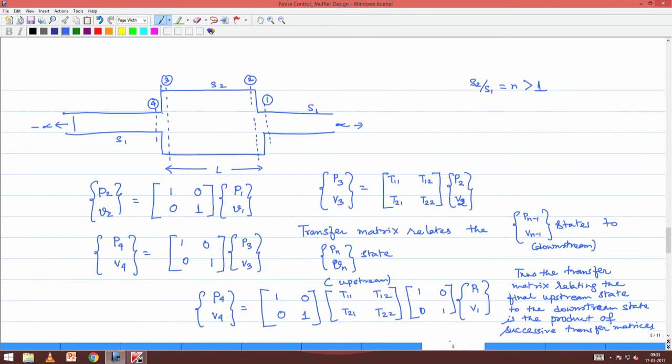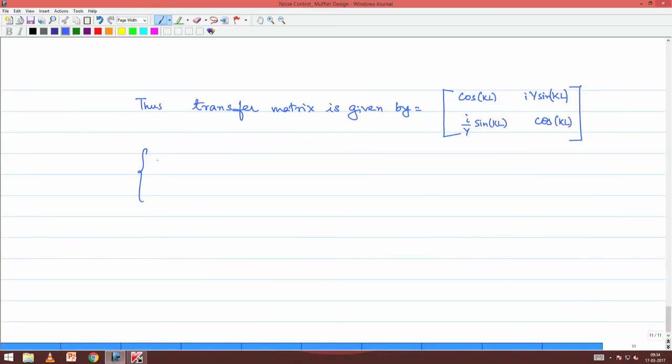So, finally, what we had is that the upstream state at station 4 could be related to the downstream state at station 1 using this very transfer matrix, because the other transfer matrices turn out to be unity in this case, right. In a more complicated situation, which hopefully we should be able to do, we will see that there are other forms of transfer matrices that are possible, right. So, now what we will get is P4, V4 is therefore given by a matrix multiplication of this transfer matrix, cos k l, I Y sin k l, I by Y sin k l, cos k l,